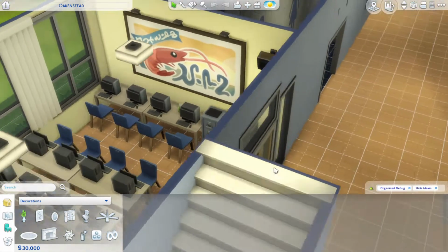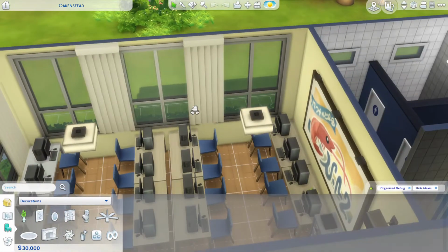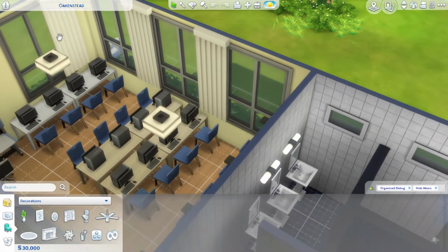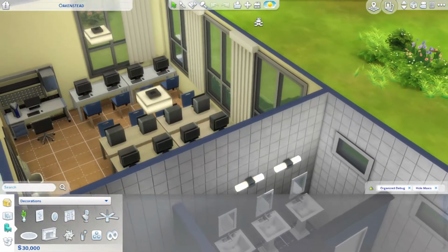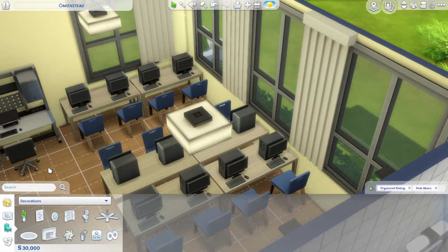This computer lab is very much based off of the computer labs I remember from high school. You've got these blinds, which I do just want to say I did place very specifically. They're like those ones that the teachers have to pull the chain to pull across the entire window, and they never work because some kid like 3 years ago put a hole through one of the things at the top, or yanked something off, and now it just doesn't work. That's what the blinds are anyway. It's, I think, a pretty standard computer lab. I can't imagine they're too different. Computer labs are different depending where you are, but in any case, this is based off my experience of